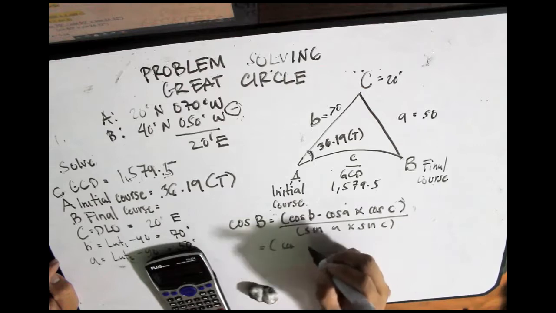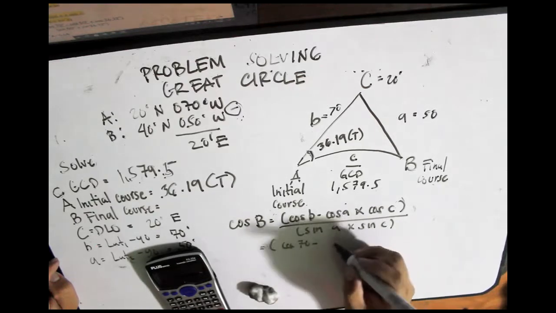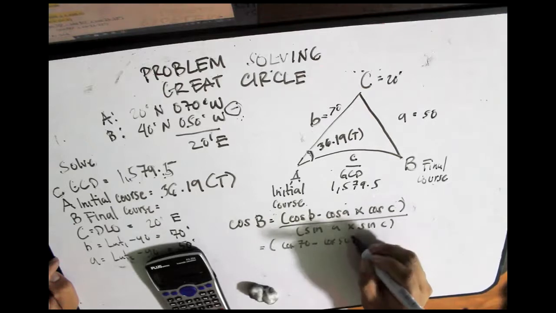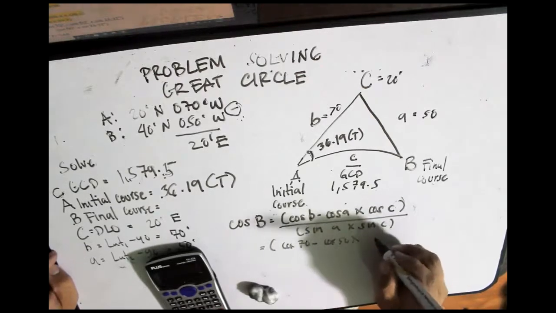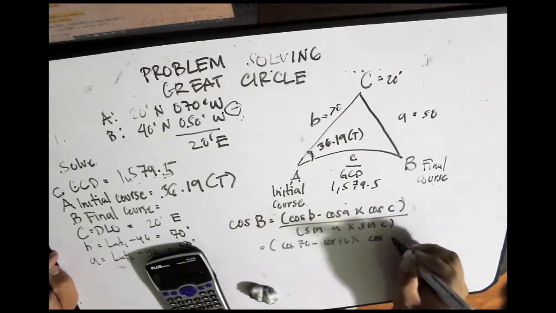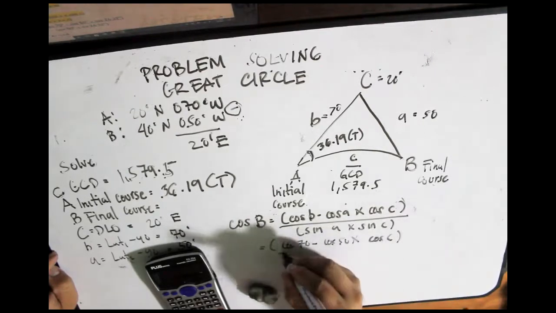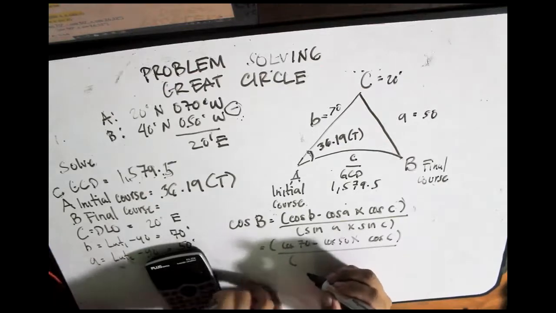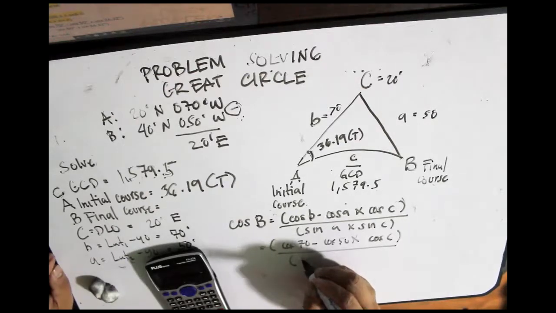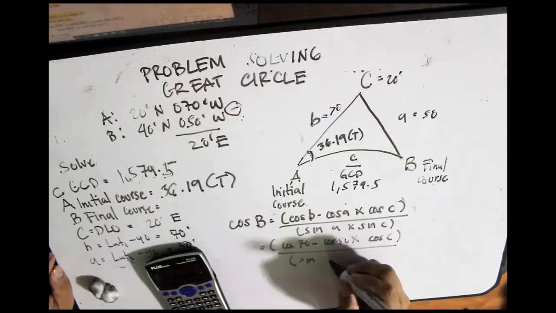Cosine B is 70 minus cosine A na 50, times cosine C, over sine A na 50